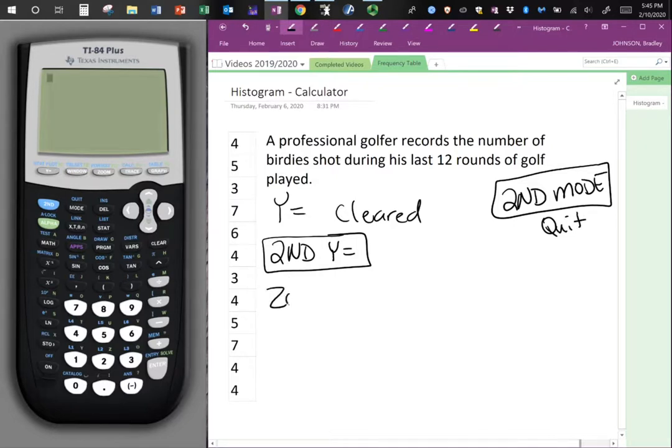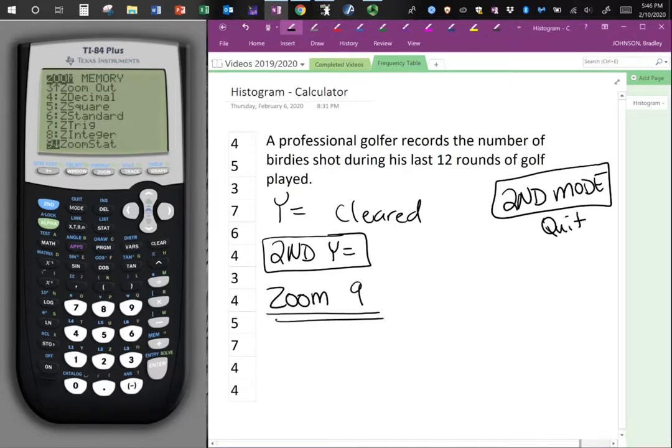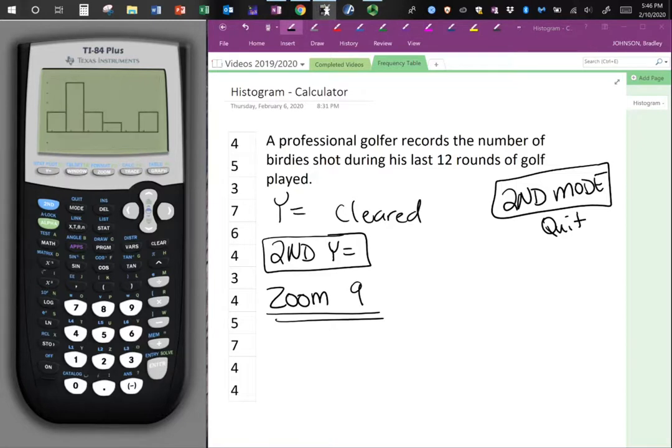The next thing I want to do is hit the zoom button, and there's many choices. But I'm going to scroll down to the 9th one, so you can see zoom and then number 9. By hitting zoom and number 9, it picks zoom stat. And where did we put our data in? We put it in the stat button, so that helps you remember to hit zoom stat. So I hit zoom 9. As you can see, this is what I call the default